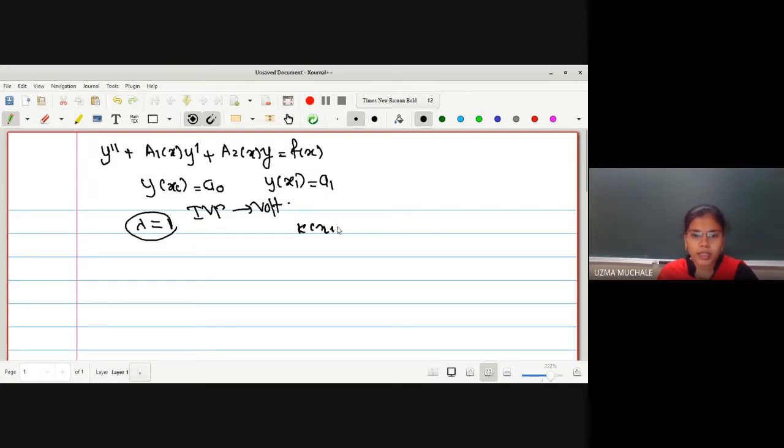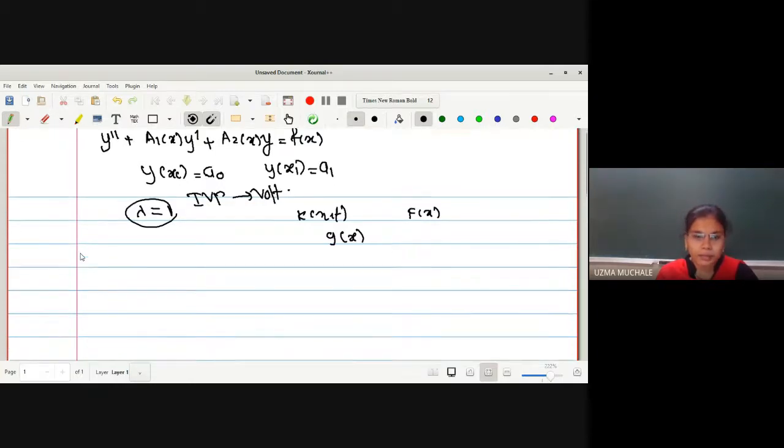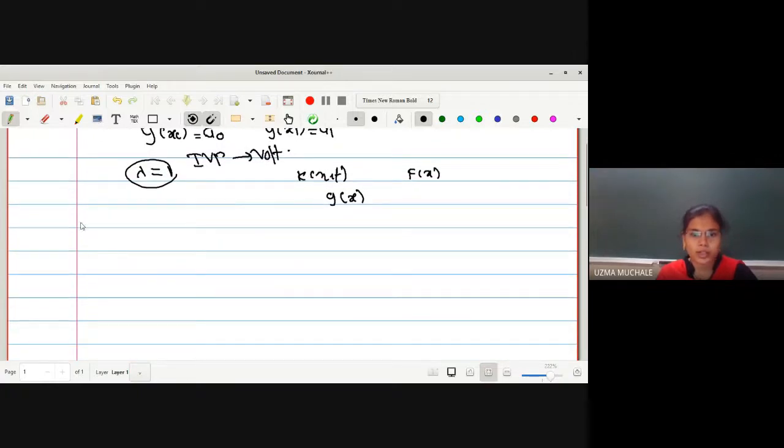right? And next, we have found the value of f of x, g of x, and depending on all those values we can conclude in which form it will be fitted. So what are the forms we have seen? Let me remind you in short so that you can solve the examples. So what is the general form?